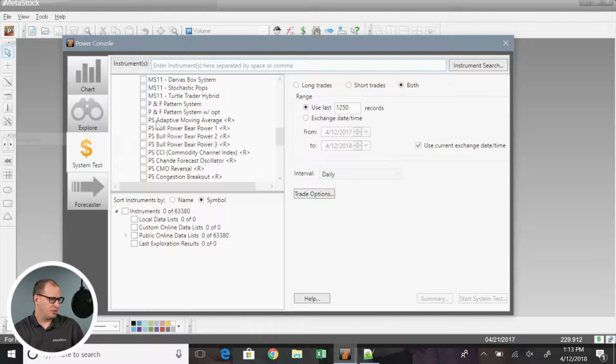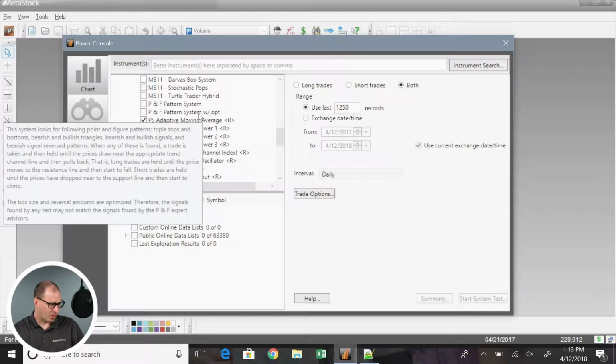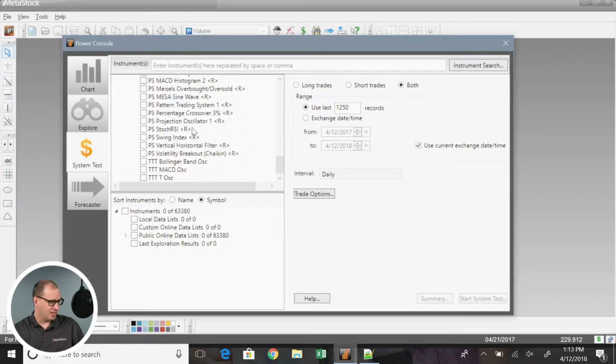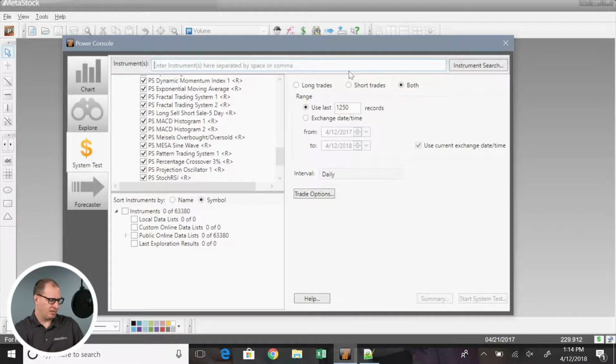So what we're going to do is actually find these performance systems found in Metastock. I'll just select the first one, highlight it, come down and select the last one. Now hold down my shift button and select the left mouse button, and that will select all 26 of those. So there's actually 26 performance systems built into Metastock. So what I'm going to do is take these 26 strategies and put them against one stock to see how they perform. So we'll just take something like Facebook and test it against that. So I'm going to say these 26 strategies against Facebook,